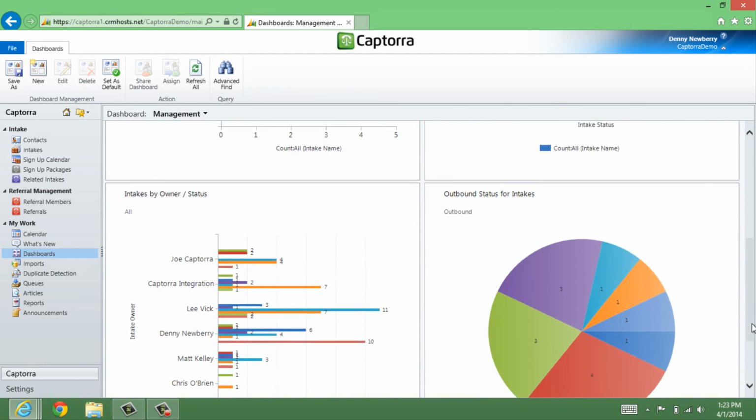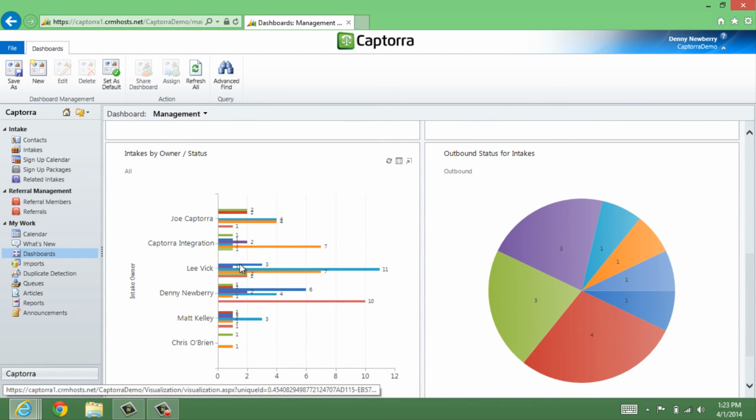If I scroll down, I can see a list of all my staff side by side, how many intakes they've received, and also the status of those intakes. So if there's a certain person who has a high volume of intakes but also a high number of turn downs, we can go into that report like I showed you earlier in the video and look at each of those turn down intakes and look at the criteria to make sure if there's any extra training that needs to